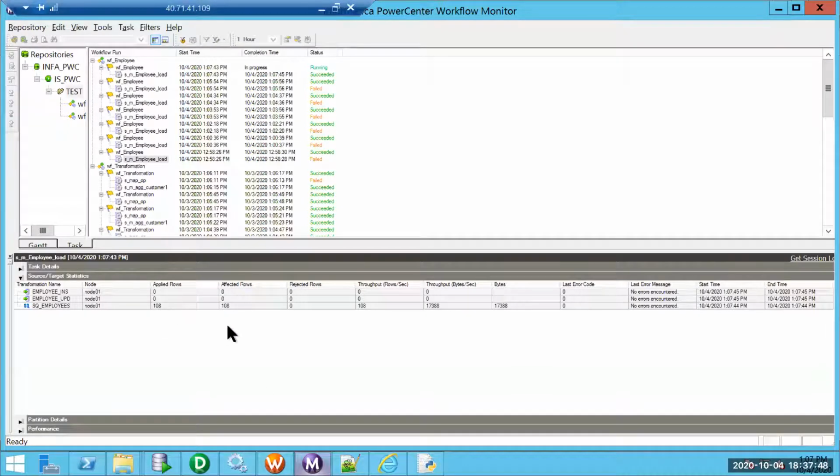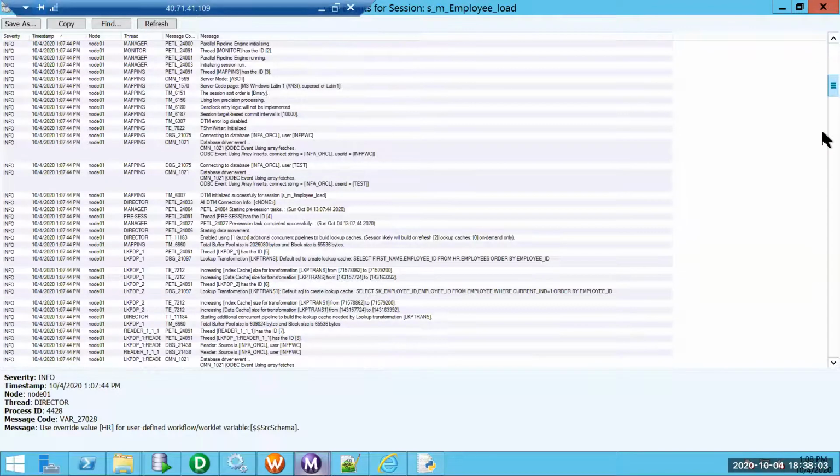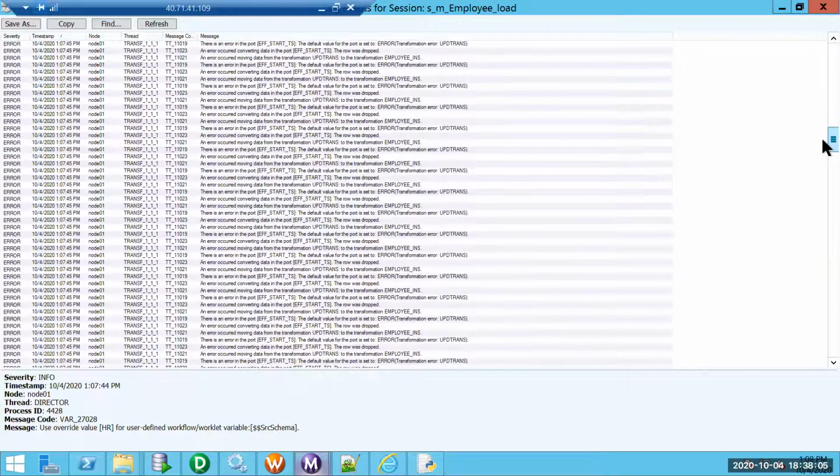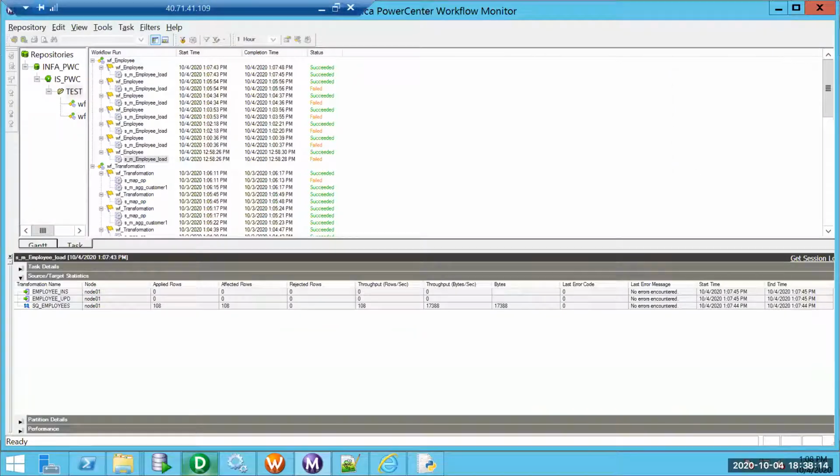Perfect, it read successfully. So the thing is, previously it was not able to resolve. Now one more aspect what we need to see is why nothing got actually inserted or updated. Okay, there is an update strategy error. The effective start date row was dropped. There is an error in post. Let me see. I think it would not have populated or something.